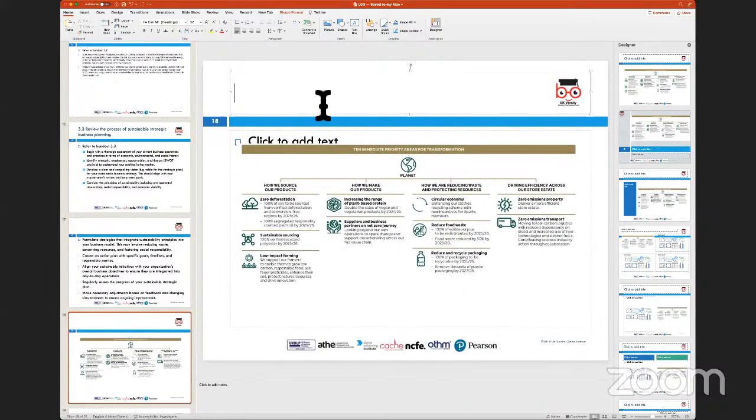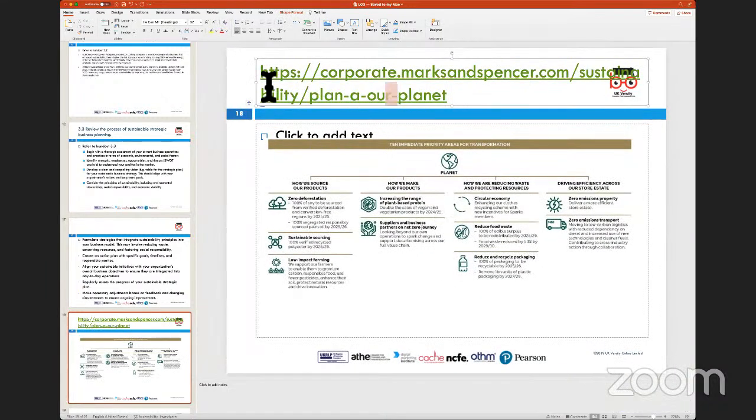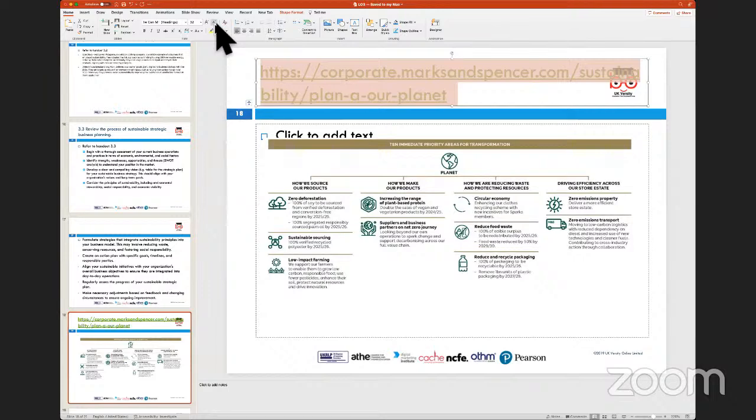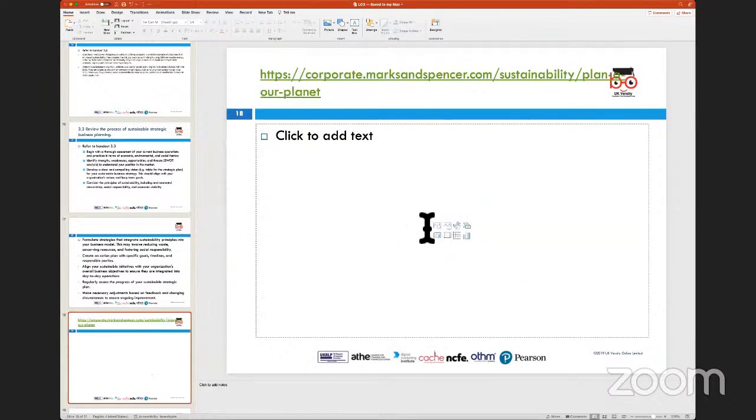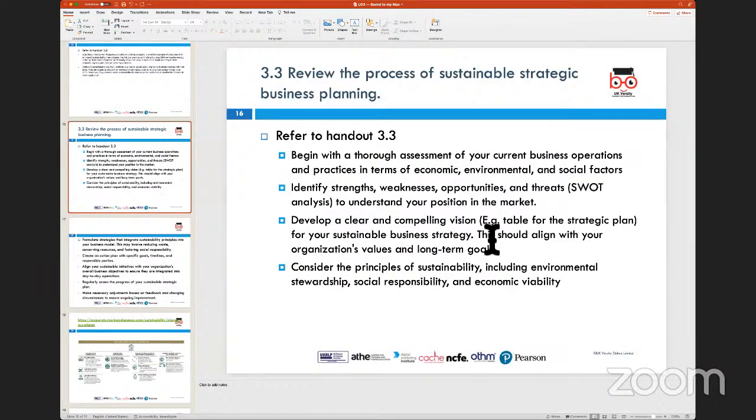So I'll put this bit here just as a reference. And this bit here. So if I have to do this particular bit, what I will do is do a